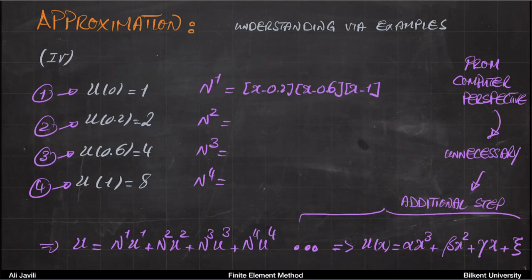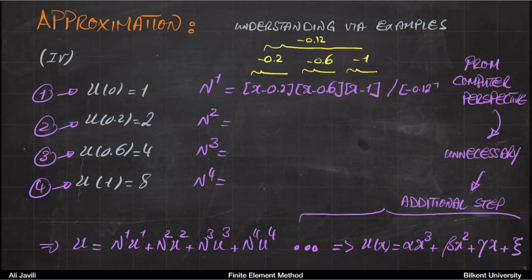If you insert 0, you get minus 0.2, minus 0.6, minus 1. So altogether, this gives you minus 0.12, which basically tells you you need to divide this by minus 0.12 to